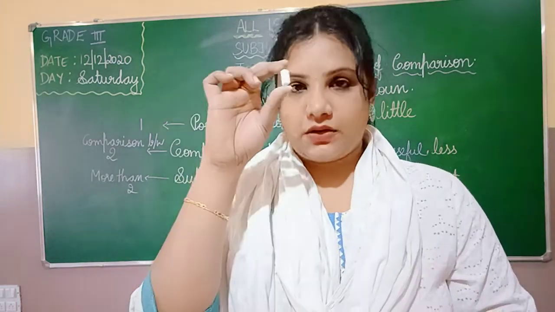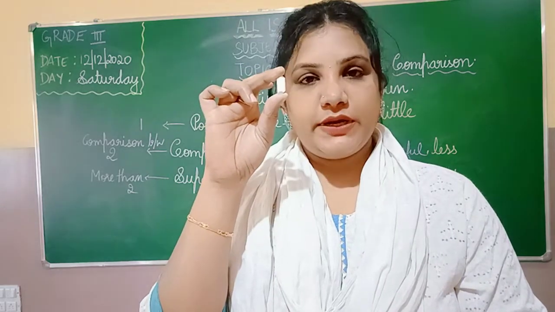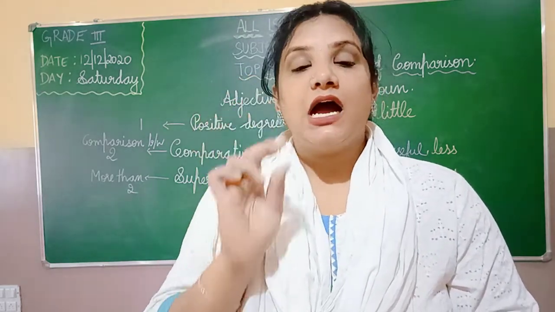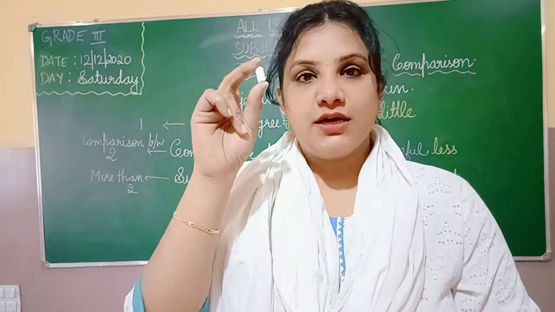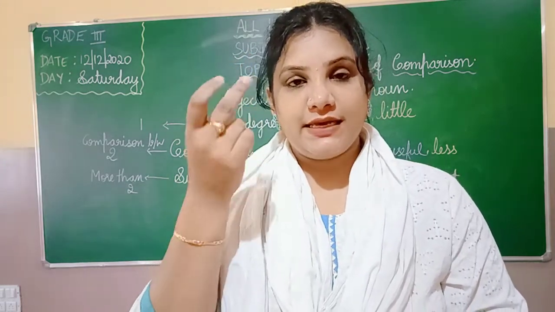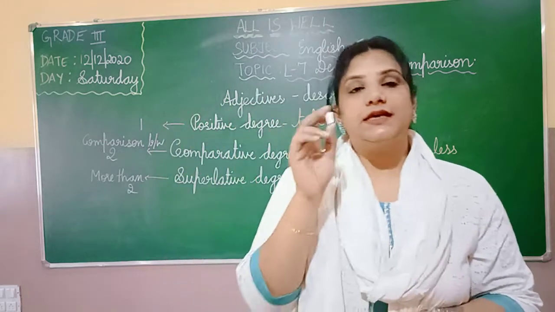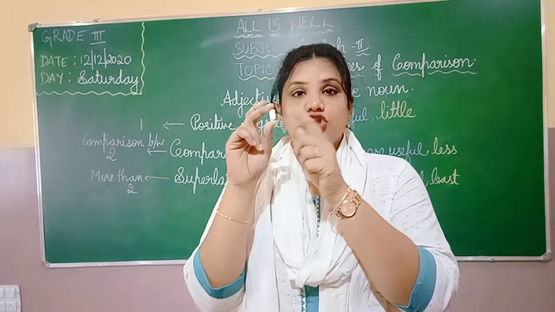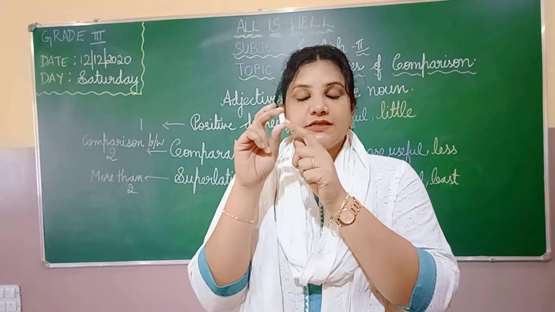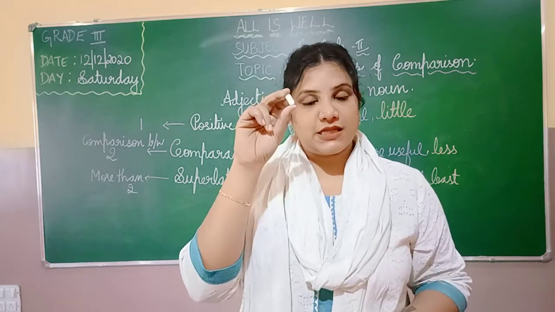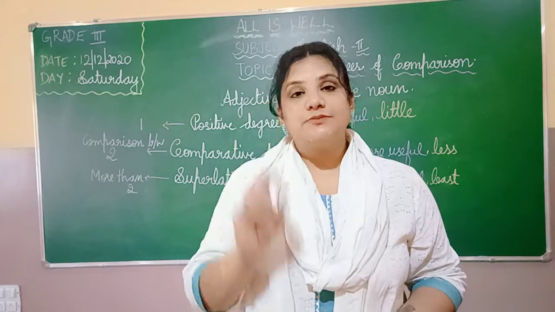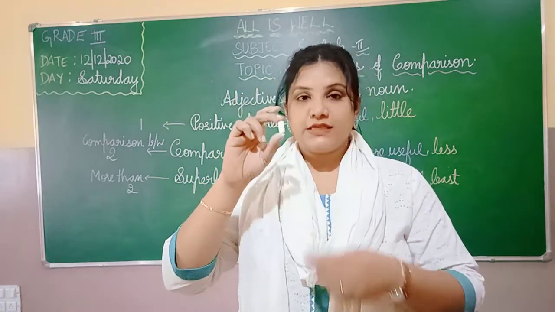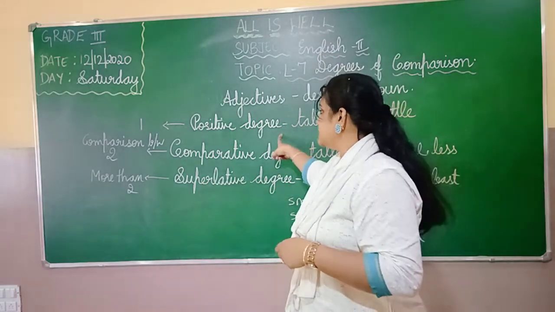Now for one, when I take only one, we say this is small. Small is an adjective. And what is this? Chalk. Chalk is a noun. It is a thing, right? So anything is a noun. So I am describing this chalk, this noun. How am I describing it? I am saying that this noun is small. This is a small chalk. Small is your positive degree.